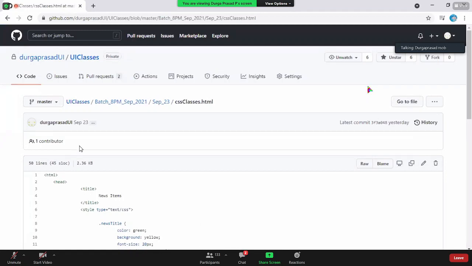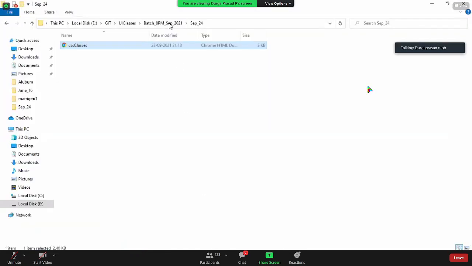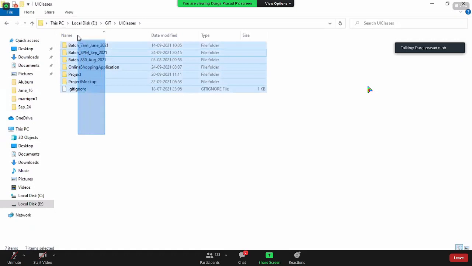Why don't you have the same structure on your local machine? If you see my local code, I have all the files I'm talking about on my local machine itself. So in that case, why don't we also have a copy of the GitHub code on your local machine, so that you can get the latest code and even submit the code also. As you are collaborators, I already made you a collaborator of my project. So you should be able to have a local copy of the code I have inside my GitHub. Let us see how you can do that using the GitHub desktop. I hope yesterday I asked you to install the GitHub desktop. Hope everybody is ready with that.